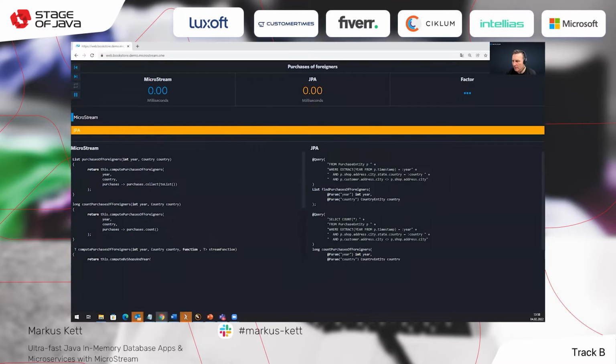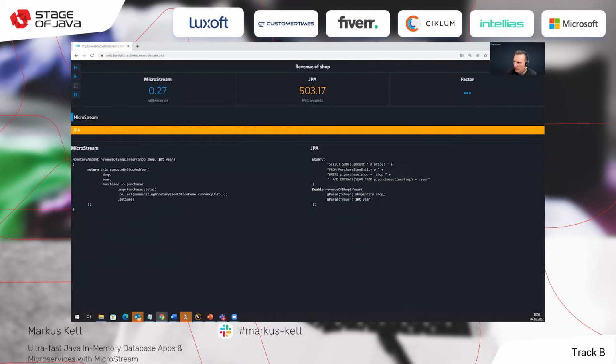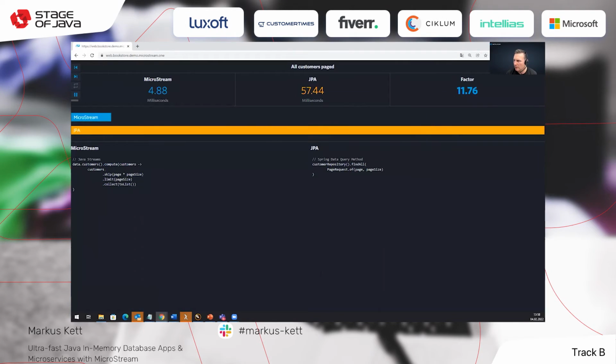And all queries are executed sometimes 10x, sometimes 100x, sometimes more than 1000x faster with MicroStream, in comparison to Hibernate and cache.